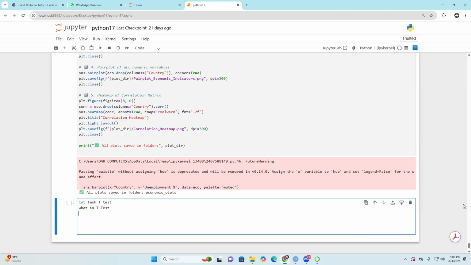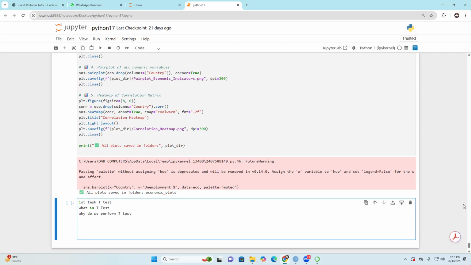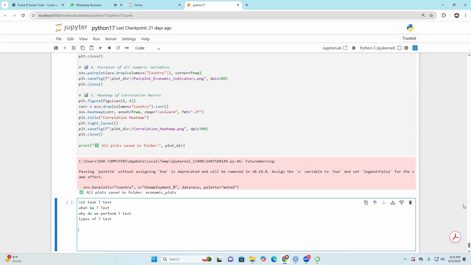Second question which you need to find: why do we perform a T test? Question number 3, types of T test. And question number 4, sample data table for T test in an Excel sheet. So first, solve the first 3 questions, read and understand,